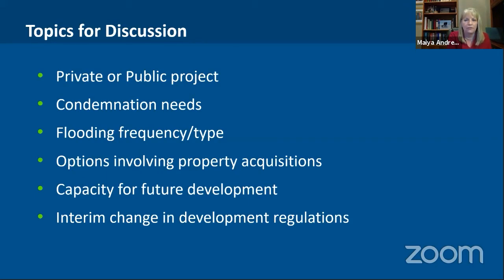You can't do a project of this size without authorizing condemnation because one person can stop your project. And because we don't have a way to get around them in these low spots, that's something we need to be thinking about. Flooding frequency and type. So this is what